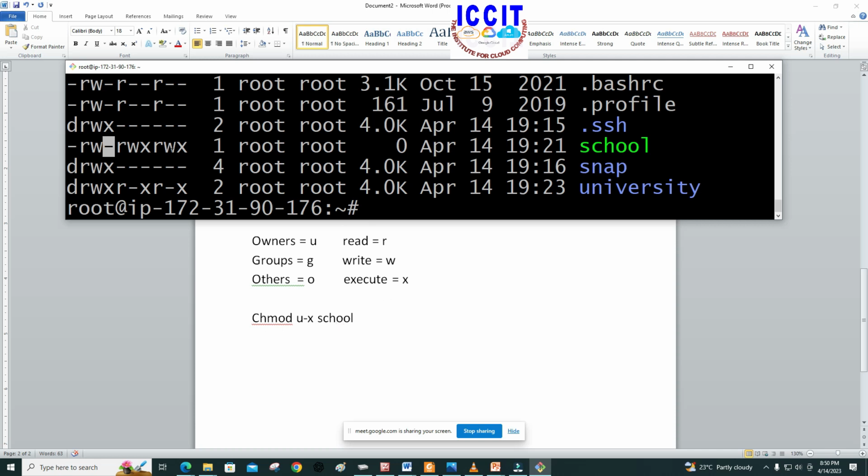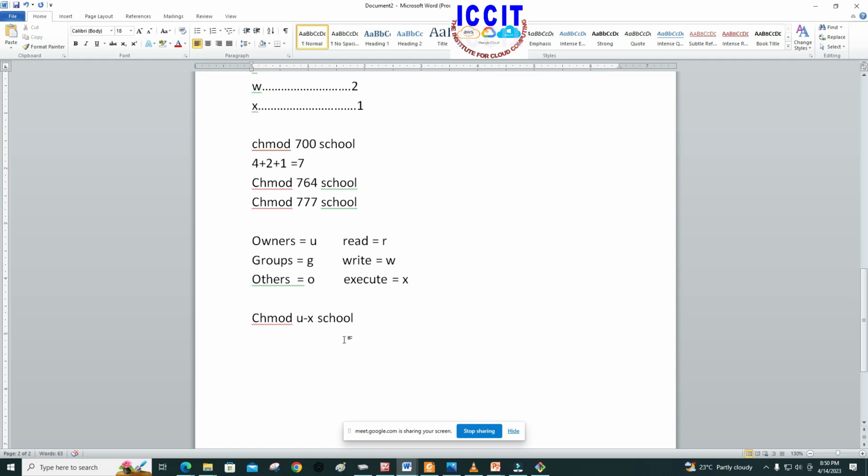Okay. We can also remove X from others, and we can also remove it from group. Which command should we run if we want to remove X from others? Run chmod. We run chmod, and then we have g, and then we have minus, and then we have x. This will remove